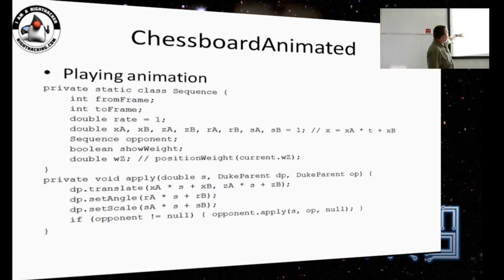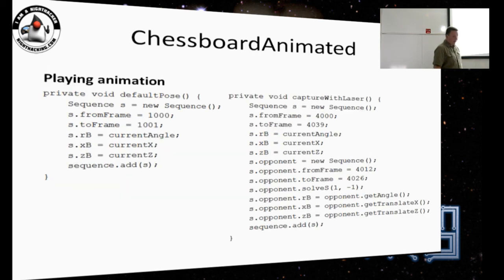So all we're going to do next is create, for the initial position, a sequence of one frame which holds the default pose of Duke standing on the field.